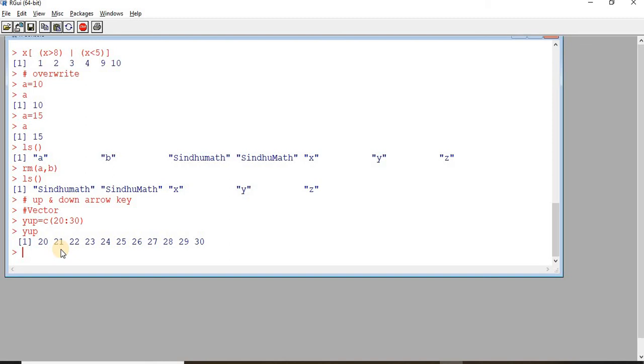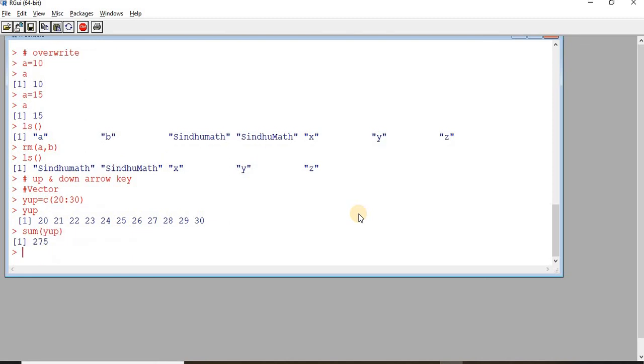Now we can apply so many functions on these numeric vectors. Say for example sum. It sums up all the values present in the vector.